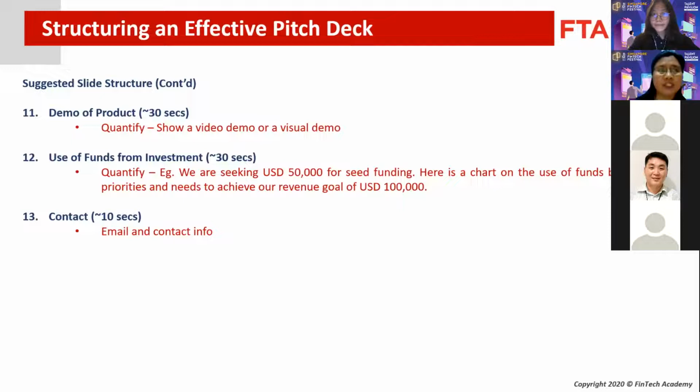Now, finally, investors want to know how you're going to use the funds. How you're going to use the investment that's being raised is critical, because this is an area where investors decide whether or not their money is being used in a smart way. Now, if you're just going to use funds for paying yourselves, that probably will not appeal very much to your potential investor. However, if you're going to show that funds are being used for product development or even marketing, they would be interested. And of course, you would want to justify why you have that percentage allocated.